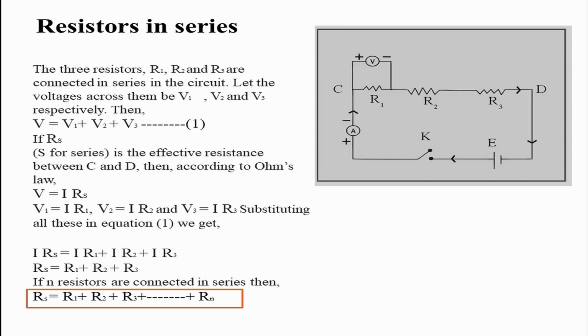The next part which we are going to discuss in this chapter is resistance in series. Students, you have to learn this entire derivation as it is, including the diagram. You have to write it, even if we ask you in the exam. The 3 resistors are there in this diagram: R1, R2, R3. So these resistors are connected side by side. When this type of arrangement is there, we call them series.